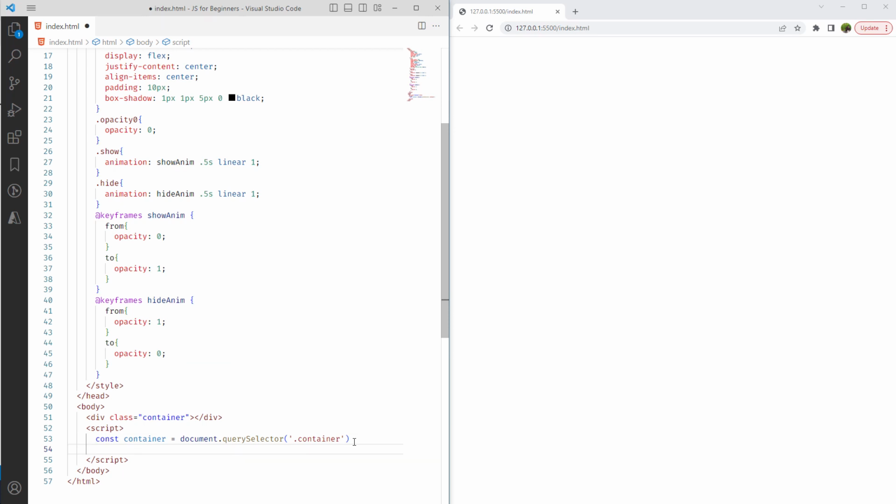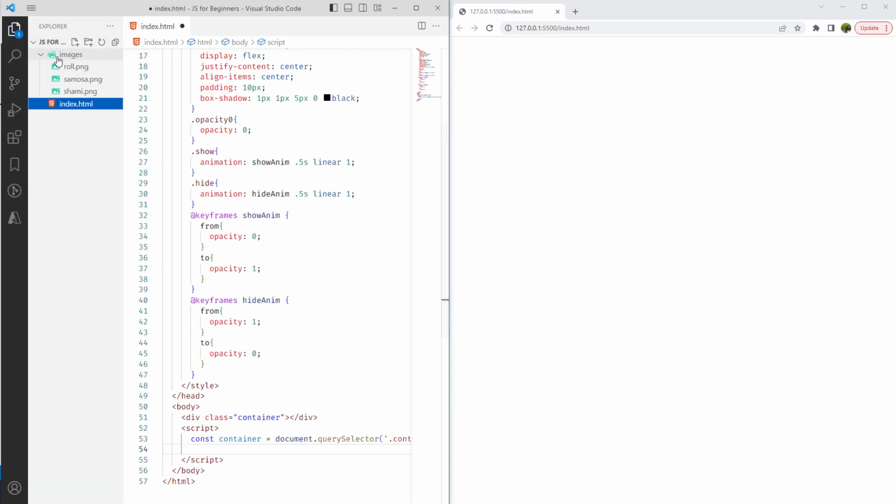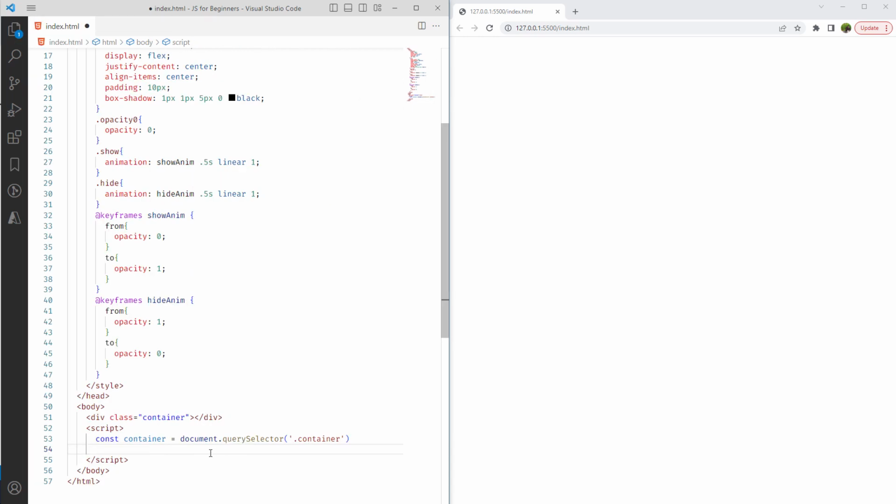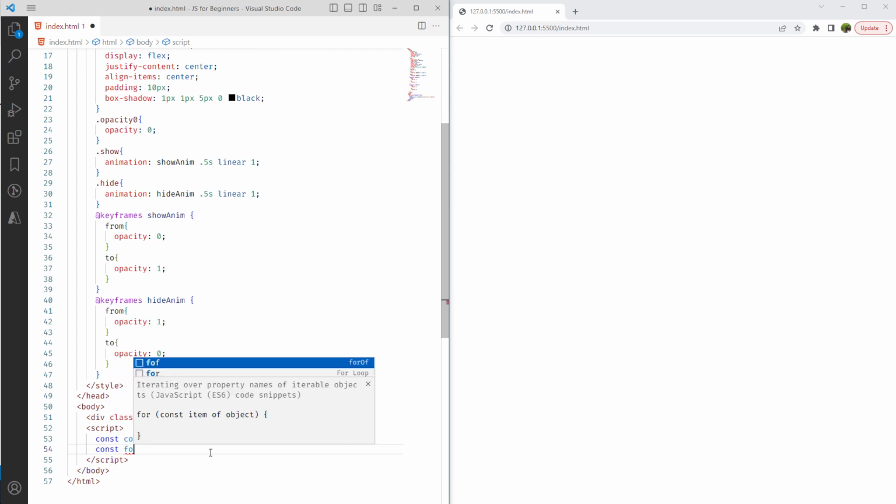Now we have a reference to the container div, and then we will append all the other dynamically created elements to this container. Here we will create an array that will hold the names of the images that we will use in our program. Let me show you. Inside the images folder we have 3 images, roll, samosa and shami. We will use these images in our program, and we will save their names in our array. So let us create an array here. We can name it foods,